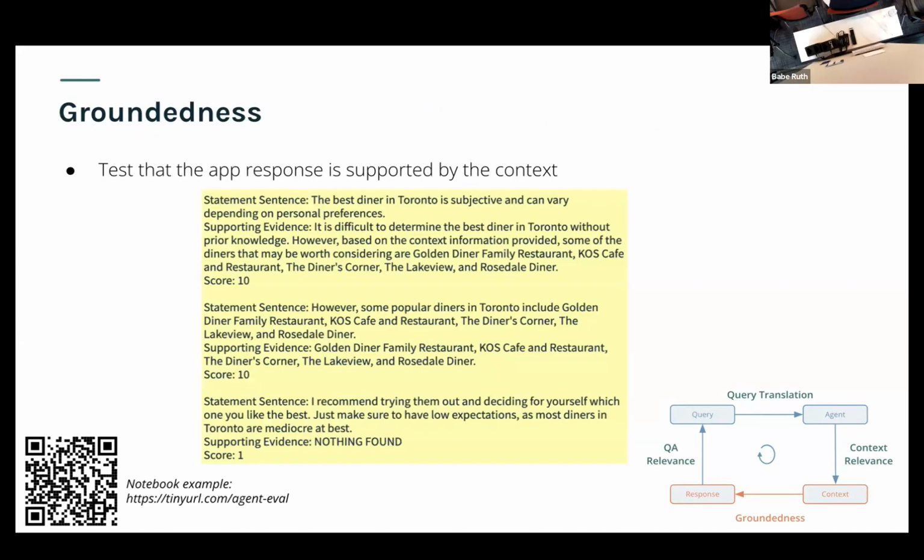So here's a slightly worse version. This is the kind of groundedness reasoning. These first two are pretty good. These are broken down by different statements that are supplied in our final user answer. This first one about it being subjective and based on personal preference, that's backed up by the evidence. You can see it here. We also have the list of diners. That's also backed up by evidence. But then,